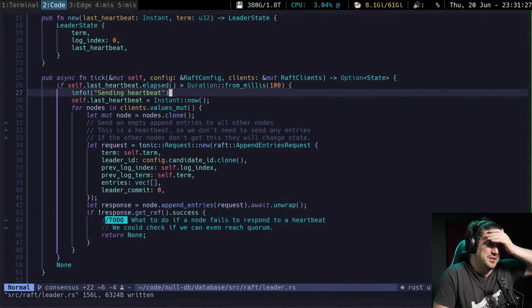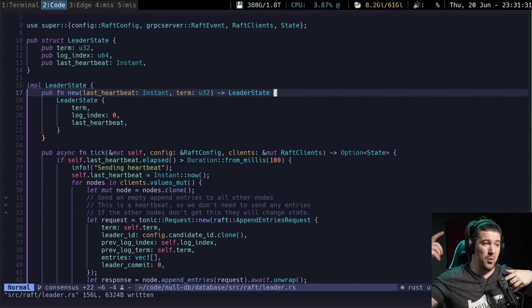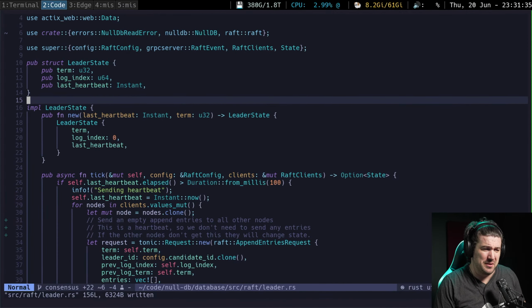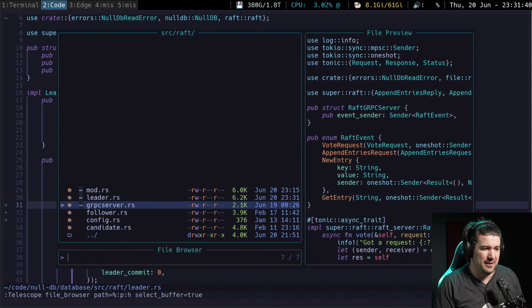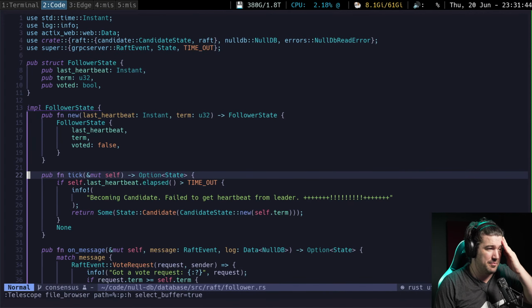I think we did a pretty good job. Like, we actually broke this up. So when we first did this, it was all in one file. But I think we actually did a really good job of breaking this up into really readable chunks. Like, here's all the follower logic. And I'm sure, like I said, we have bugs and stuff, but